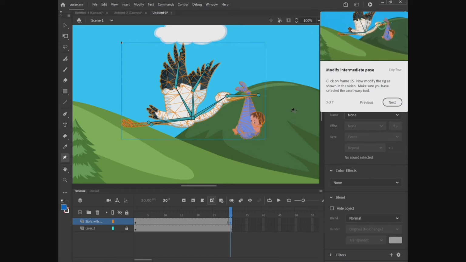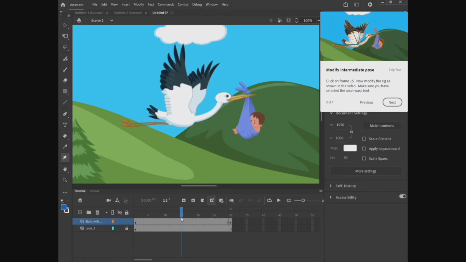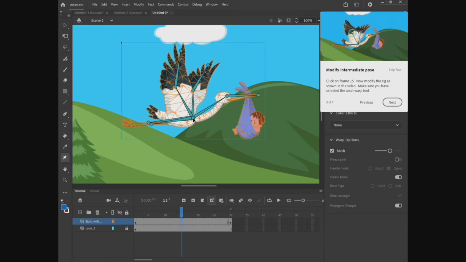Modify intermediate pose. So click on frame 15. Now modify the rig as shown in the video. Make sure you have selected the asset warp tool. I've still got the asset warp tool in my hand. I'm going to frame 15. Now I'm going to modify